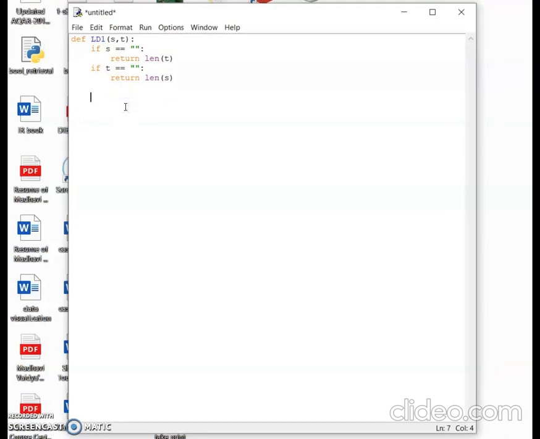Okay, now obviously if the values of S and T are 0, if no characters are there, when we try to print S equal to double quotes and no characters are there, if I try to find out the length of S, it would be 0. In the same manner, if I try to compare S of -1 equal to T of -1, so I'm trying to compare the characters from the last character of both the strings, it would be cost equal to 0,